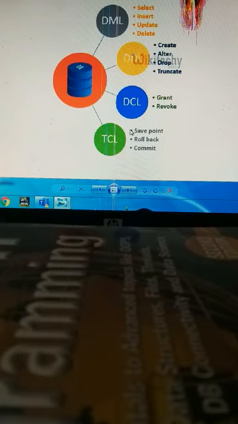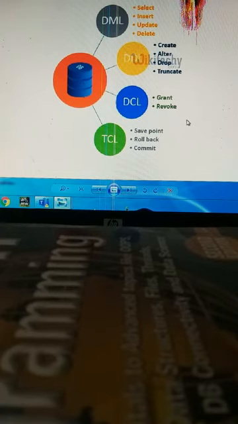Whenever we are using transaction or the TCL commands in SQL or MySQL or any database, it means we are taking all the access or all the commands from MySQL to the user, meaning the whole control is given to the user.